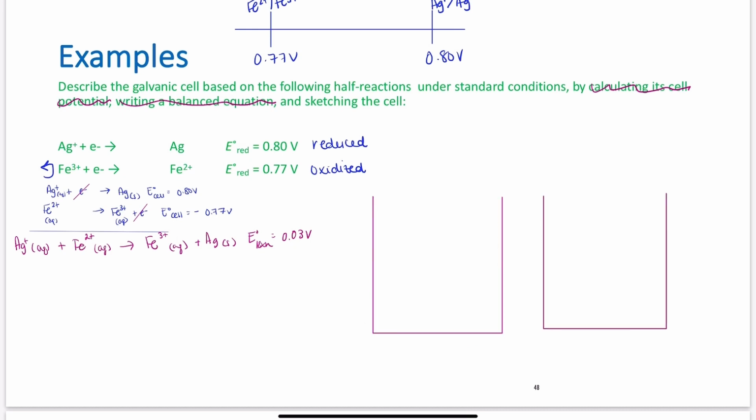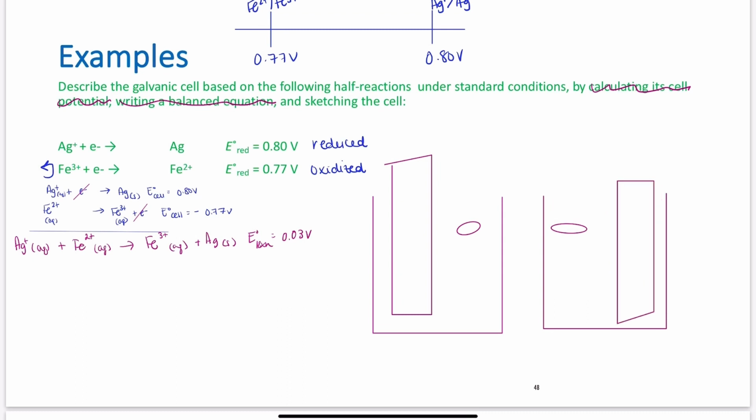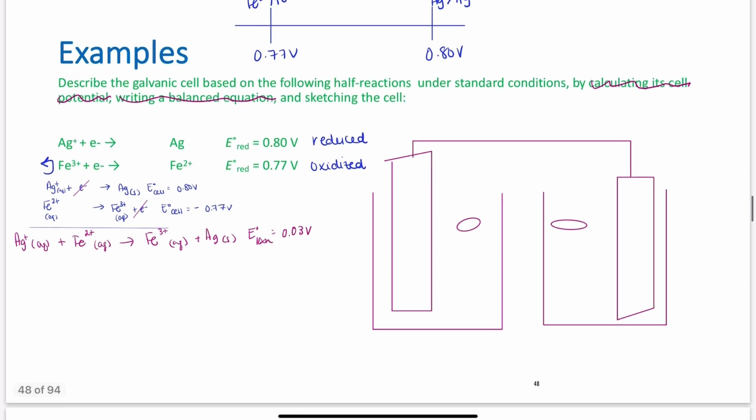So I'm going to have my 2 beakers connected by a salt bridge. I've got to have two things that are solid here, and they are connected as well. So my salt bridge, my circuit with my volt. Now, my reduction, so remember my solution,